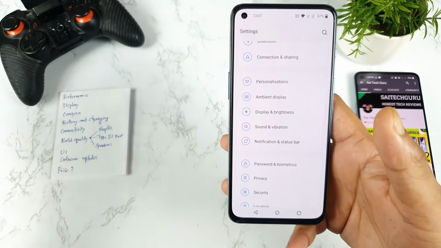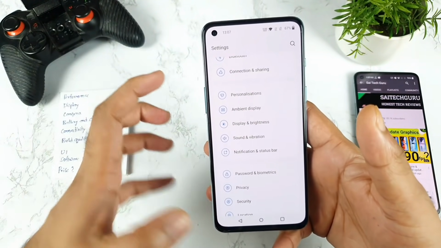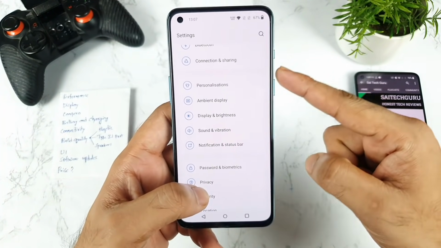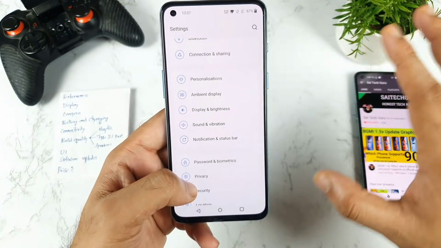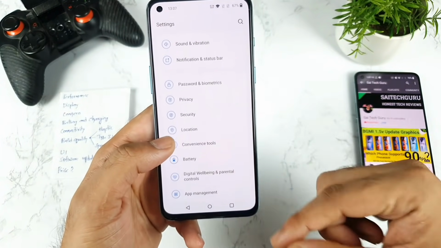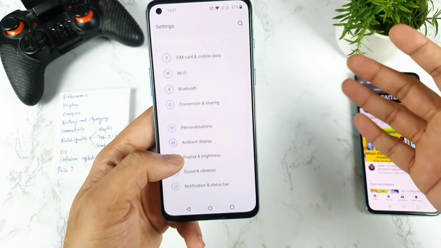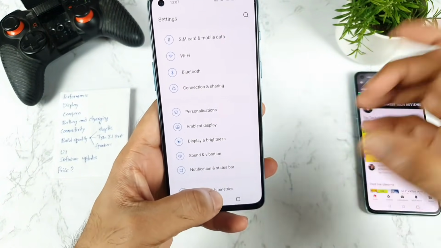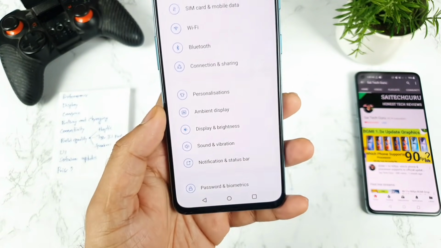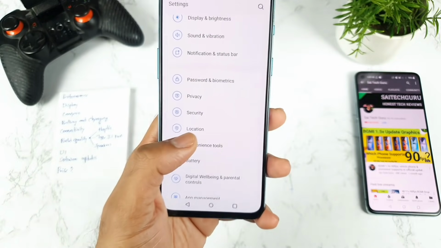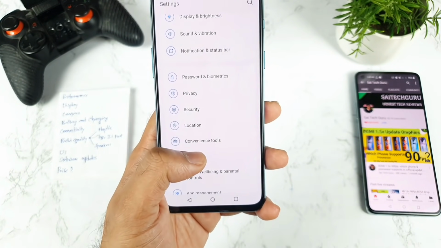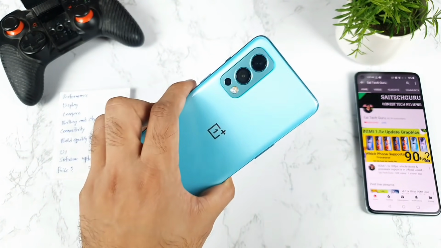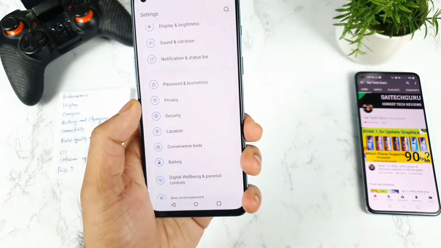And UI, we all do know the OnePlus got mixed with the Realme UI, but in my experience, I did not feel much major differences, but a little bit of settings and the UI menu got completely changed. I can totally understand. And even some of the problems which are with the Realme UI, I mean the ColorOS, the same problems will be happening in the OnePlus Nord 2 as well, in terms of a few problems. And it also depends upon the user what UI you prefer. But for me, it doesn't make a lot of change, but I wish we could have the previous OxygenOS, completely clean, in this OnePlus Nord 2, but things are like that. So that's the thing about the UI, friends.